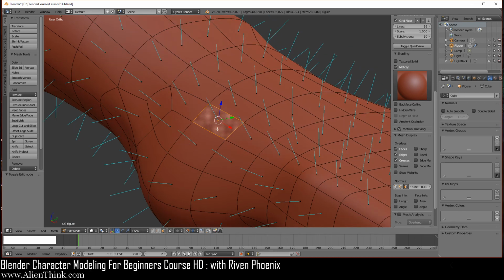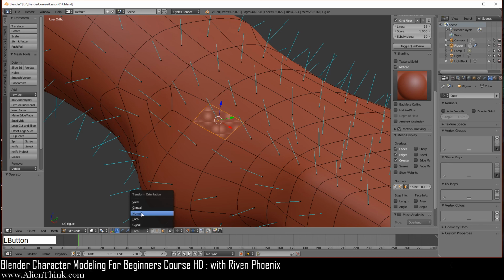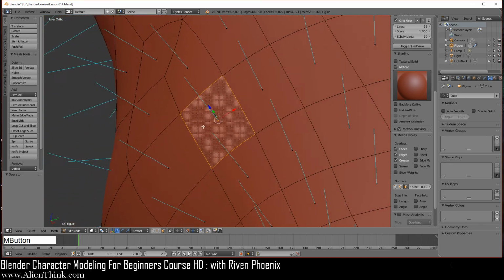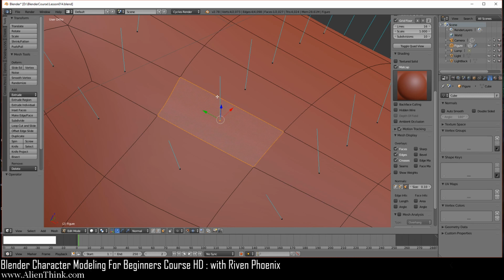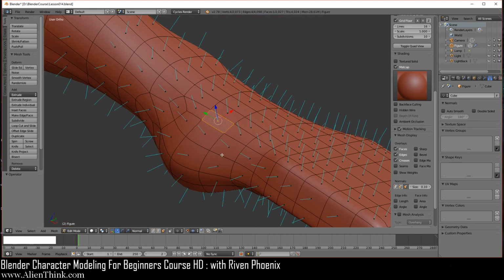Now notice that when you're in edit mode, it doesn't care about local. So if I do R 2 times, and I'm going to rotate this like this, notice that the local is still the same because it's based on the entire 3D object, right? And that's not just on this. Now I'm going to do Control Z that. Now notice what happens in normal. Now we can look at the normal. We can actually manipulate this based on how this face is facing, okay? So this is what we're going to be doing when we create the thumb.